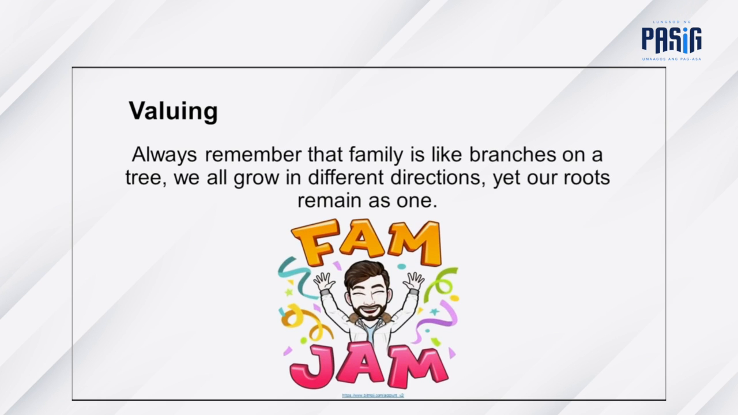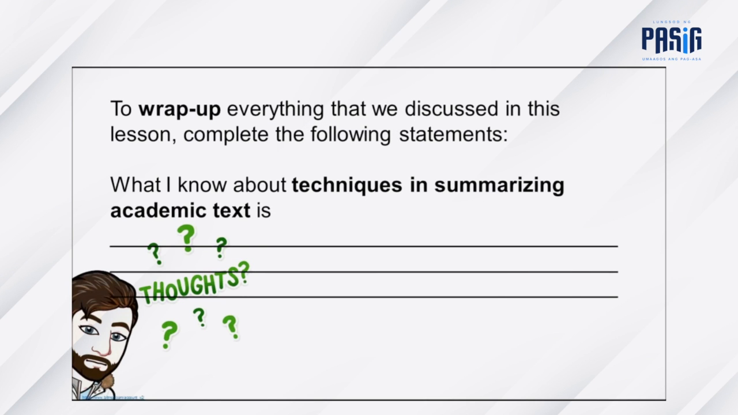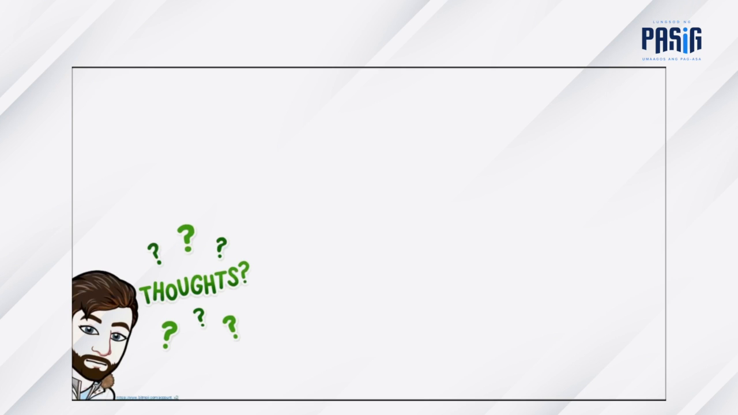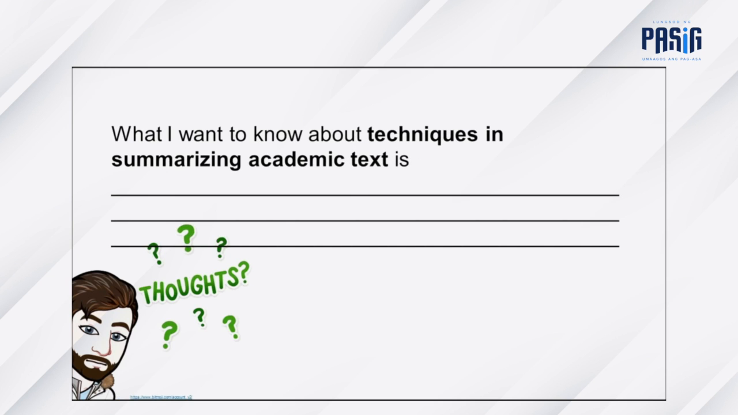Always remember that family is like branches on a tree. We all grow in different directions, yet our roots remain as one. To wrap up everything that we discussed in this lesson, complete the following statements. What I know about techniques in summarizing academic texts is: What I learned about techniques in summarizing academic texts is: What I want to know about techniques in summarizing academic texts is: